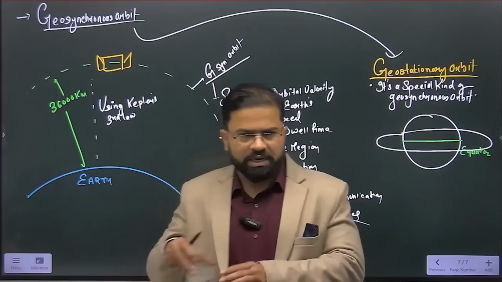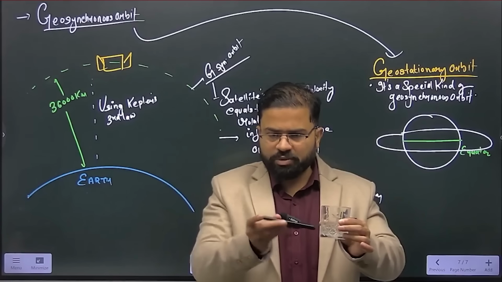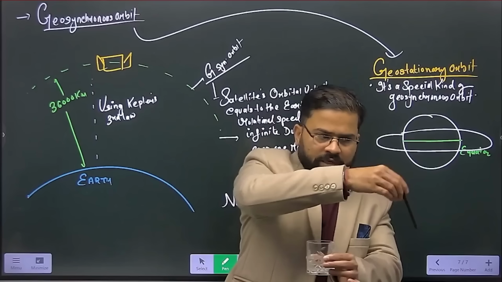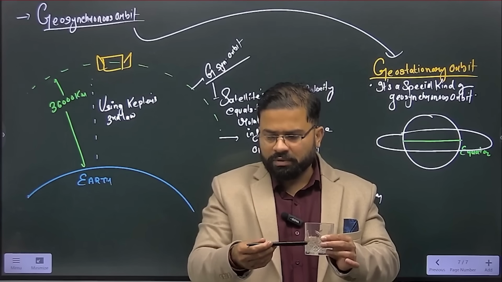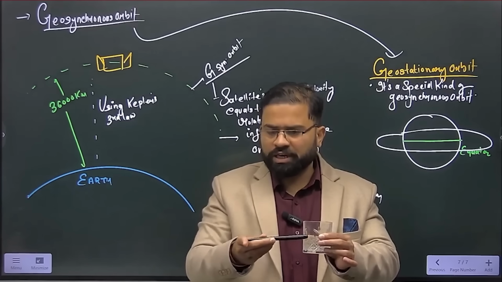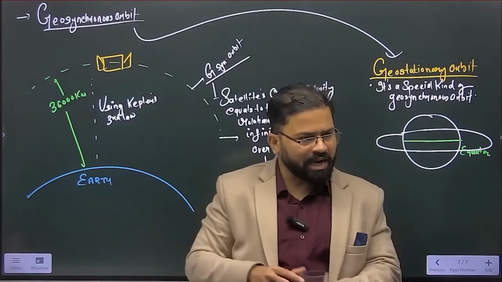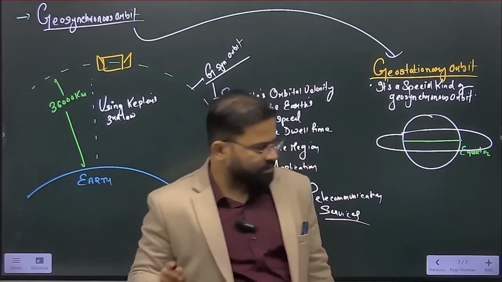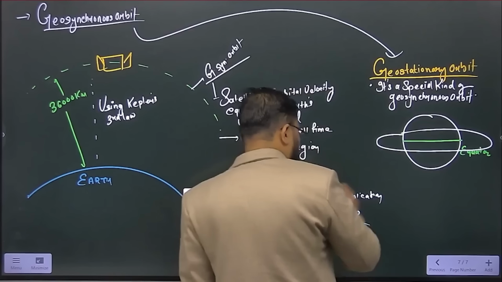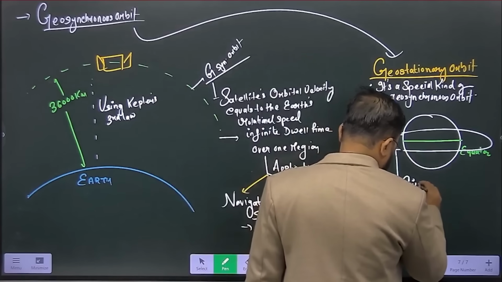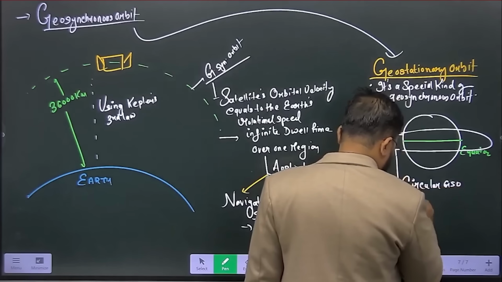Suppose this is the Earth and this is the equator. Suppose this is 36,000 kilometers. The orbit is like this: exactly circular, 36,000 kilometers over the equator with no inclination, exactly 0 degrees. If it becomes slightly like this, that means it is inclined. So write it down. That is the definition: a circular geosynchronous orbit having inclination